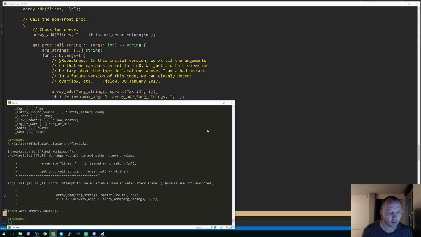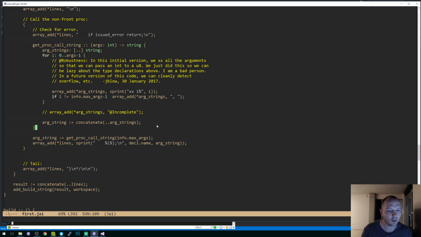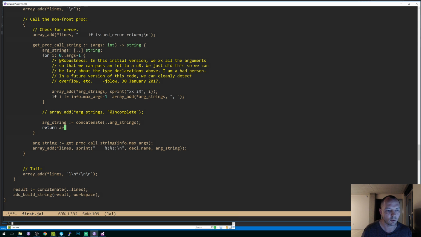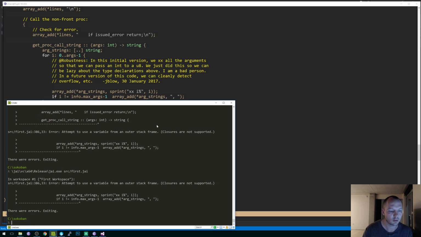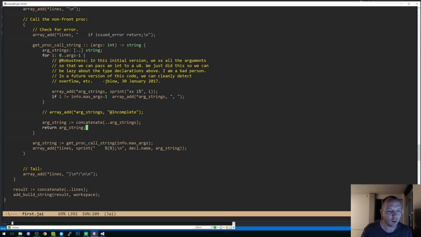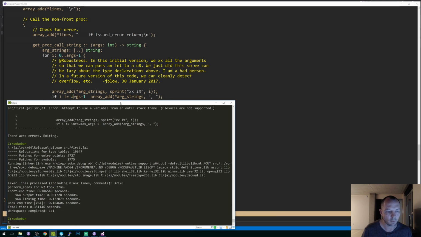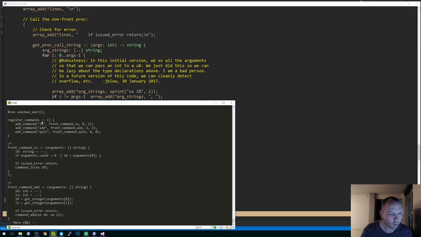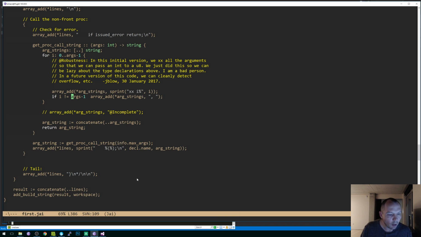If not all control paths return a value because return arg string. And attempt to use a variable from an outer stack frame args. Okay, this should not do anything new. We just refactored, and indeed it doesn't. So now what we're going to do is we're going to say,